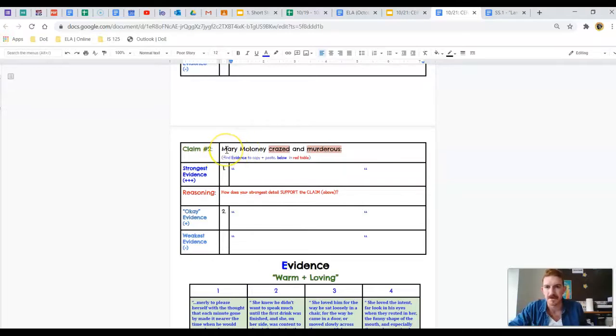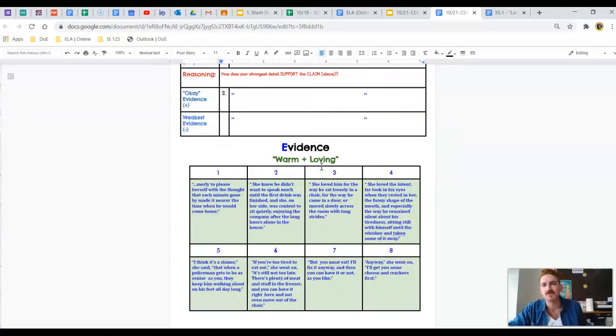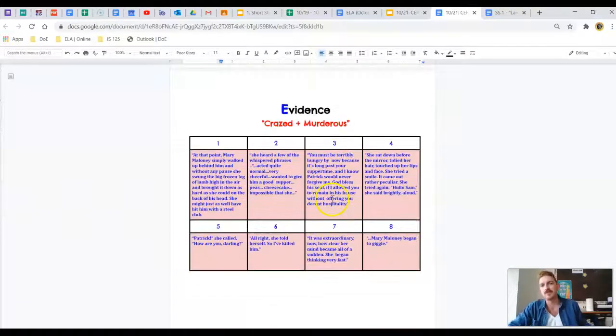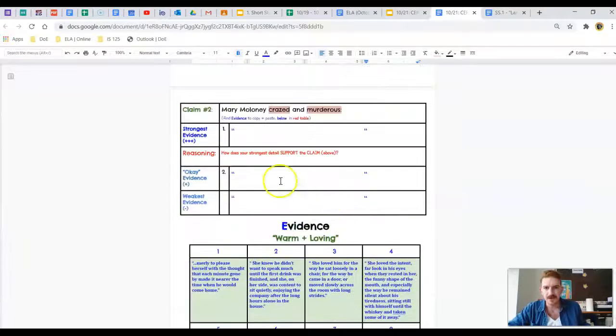And claim number 2 is that Mary Maloney was a crazed and murderous woman. And notice that we have to find evidence, copy and paste below from the red table. So we're going to scroll down even further. And in the red table, we'll do the same thing. 1, 2, 3. Control C to copy. And then once we find our 3 best pieces of evidence, we're going to make sure that we Control V,